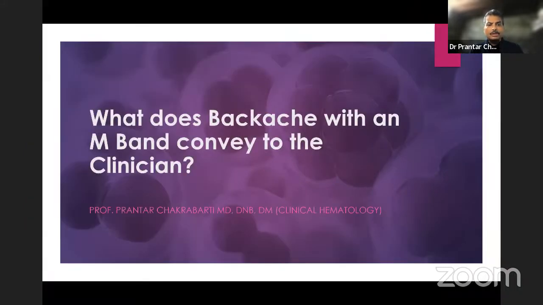As the title says, what does backache with an M band convey to the clinician? At the end of this talk, I hope I'll be able to convince you that an M band does not mean myeloma, and absence of an M band does not rule out myeloma. So let us start with